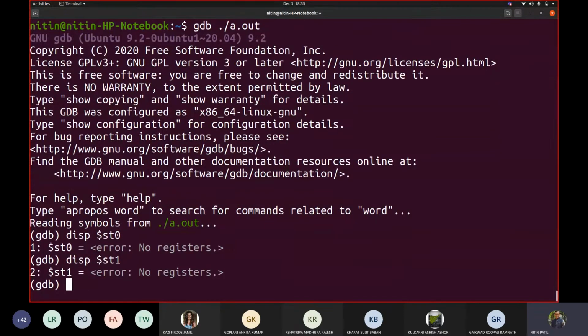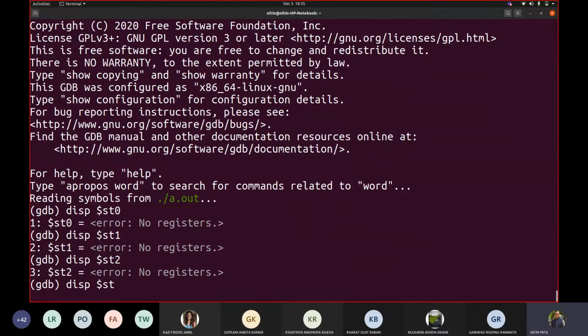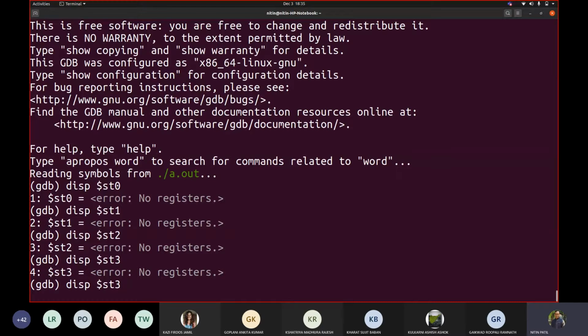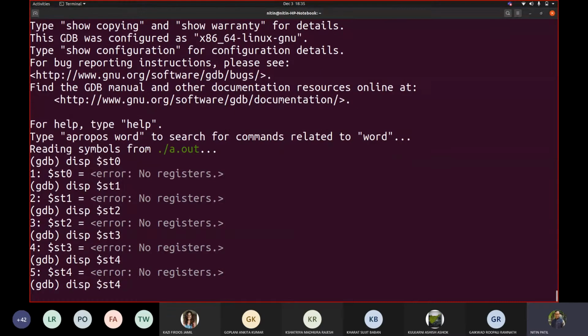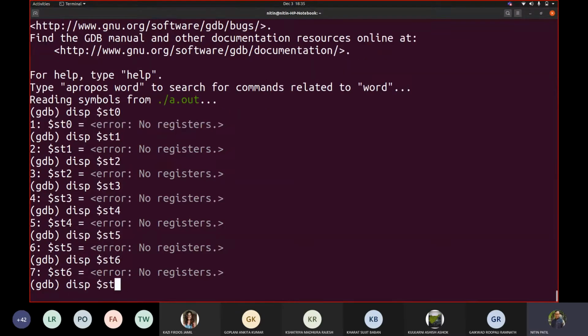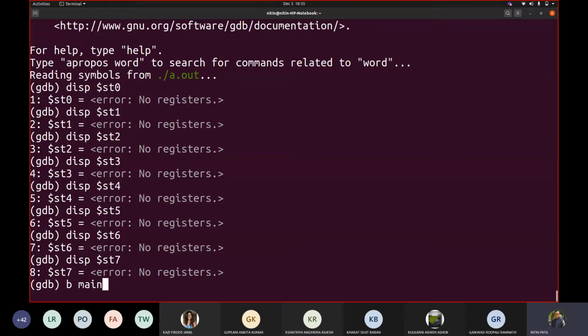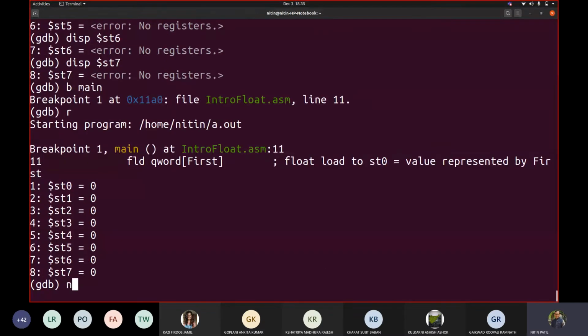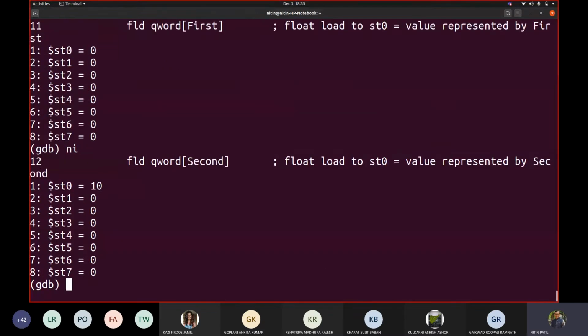You can write even info all registers, but it will show you all registers. I don't want all those registers to be seen. So I'm simply writing this for specific registers, st5, st6, and st7. So breakpoint main, run. Now see here, first, second, third.